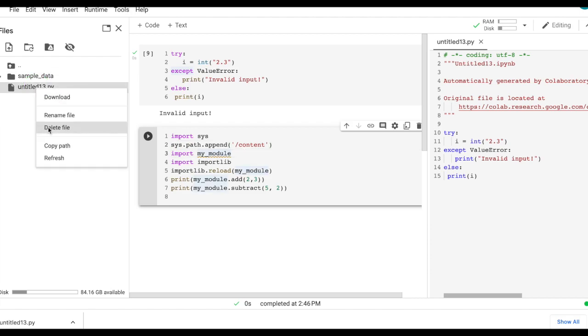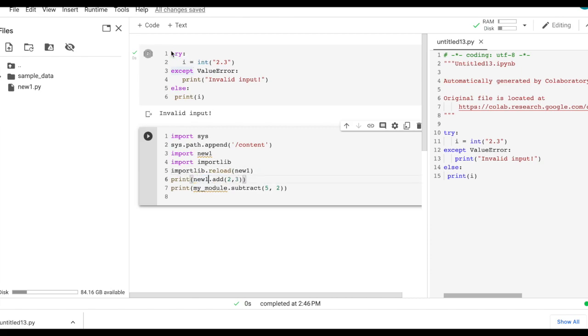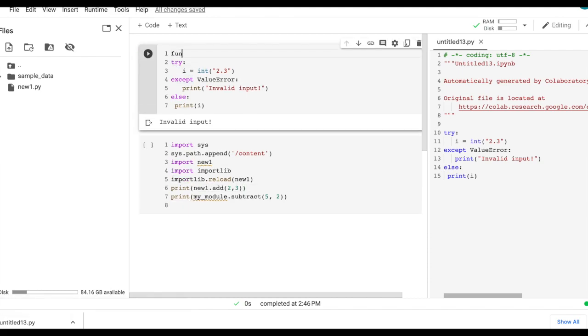The file name is renamed to a simple name, new one. So here we write import the module new one, and in the new one we define a new function, fun. And in that fun we can write